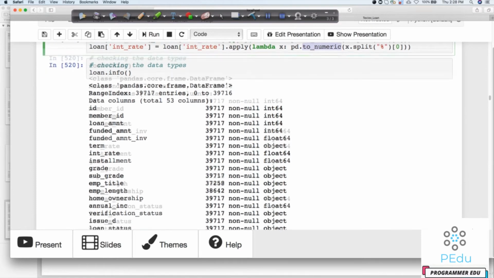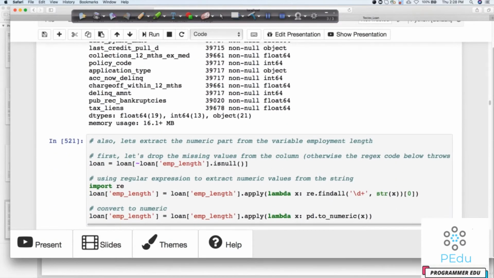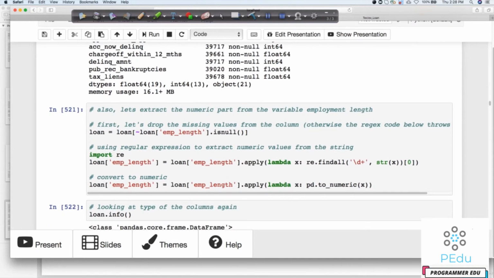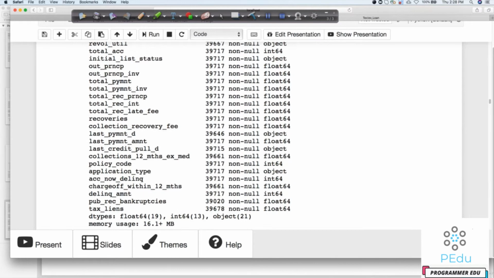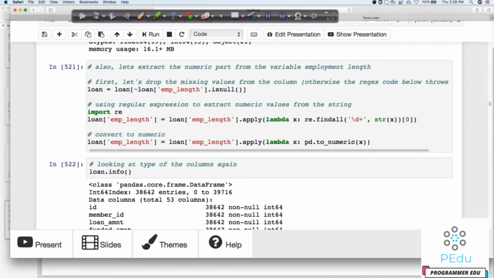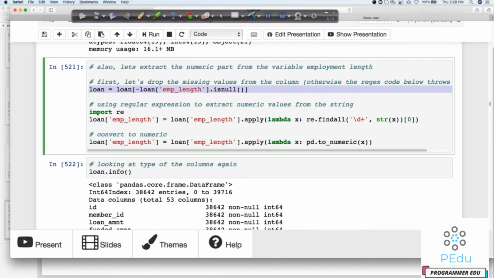Now look at this data set once again, and this time we would like to do something for employee length. If you have already seen the data in employee length, you will notice that it has categorical data as well. So we would like to take out only the numeric value out of it, but there's a problem: employee length also has some missing values. If I have to apply a regular expression which takes out the digit from the data, employee length has some string values. So if I want to take only the digit out of it, in order to apply this regular expression, I have to make sure that I remove all the values where the missing data is there.